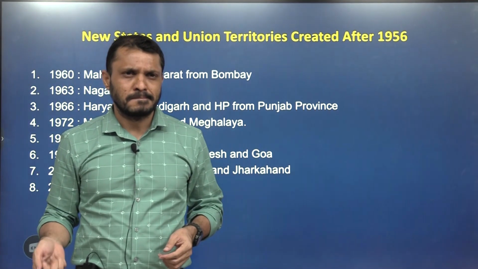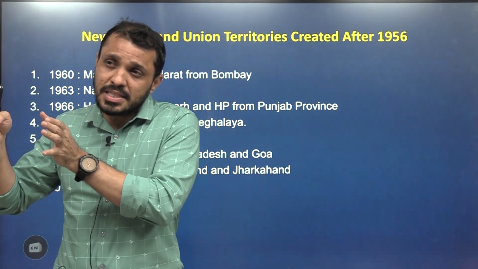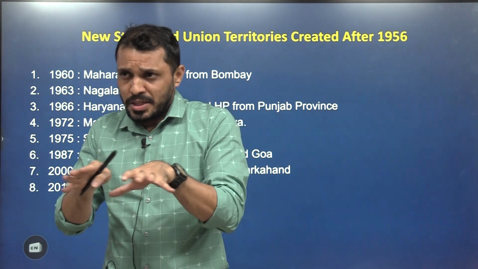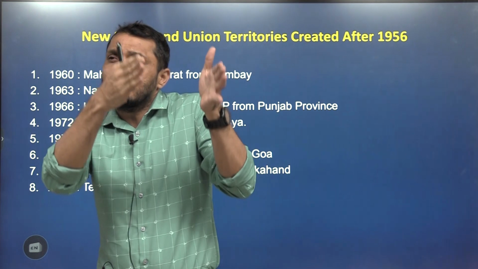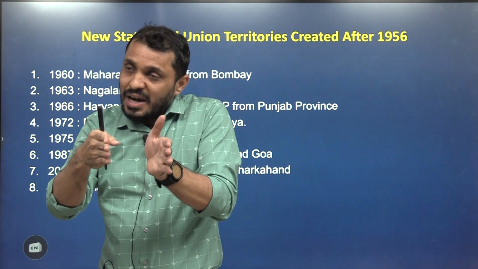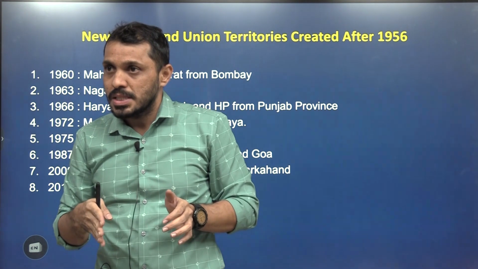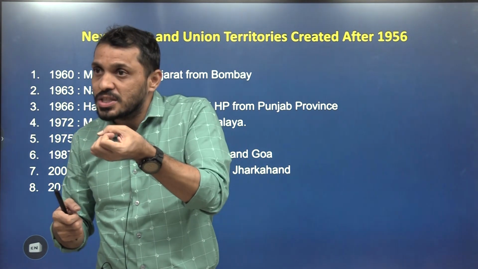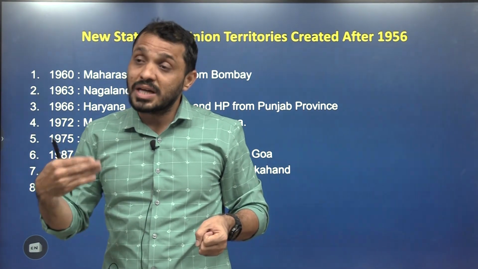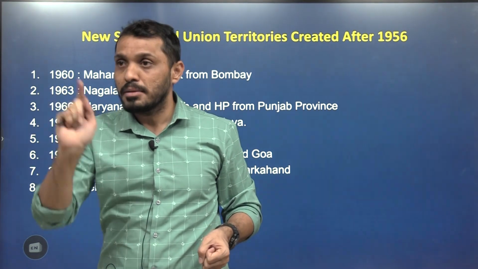Any doubts? Parastatal bodies means organizations created by the state in parallel to local governments. For example, local governments are there in Telangana, Panchayat Raj. If the government creates one Mission Kakatiya Corporation, then that is a parallel body to the Panchayat Raj. Always remember, parastatal bodies have a somewhat harmful effect on local governments. That means the powers and functions of the local governments are taken away. That is very important from the mains point of view. What are the limitations India is facing regarding local governments? One of the most important limitations is parastatal bodies.